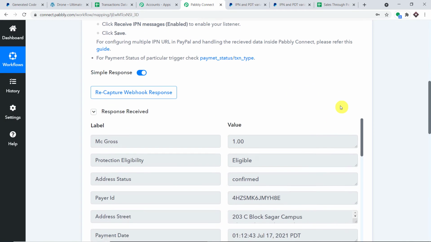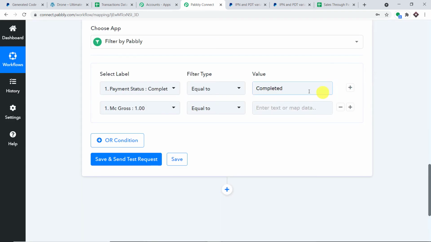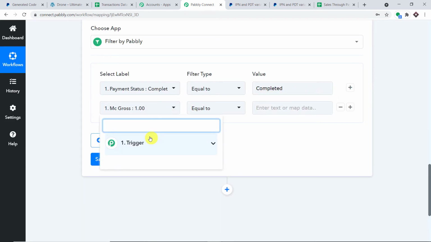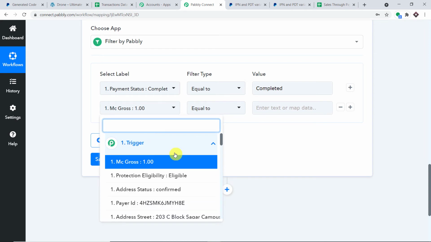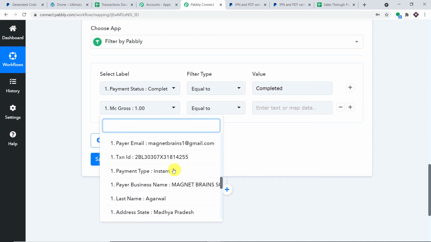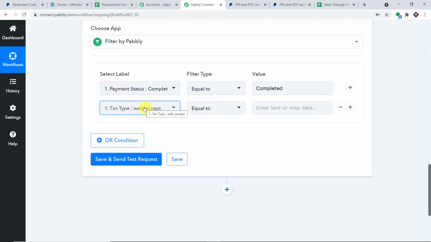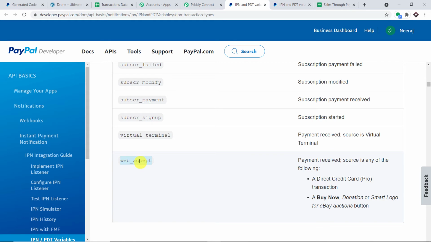So once again, we are going to create one more filter. Let me add the plus sign. Now this is not really necessary. Let me go to the trigger and scroll down. Here you will find the transaction type. We have to look for the transaction type. Make it as transaction type is equal to web accept.